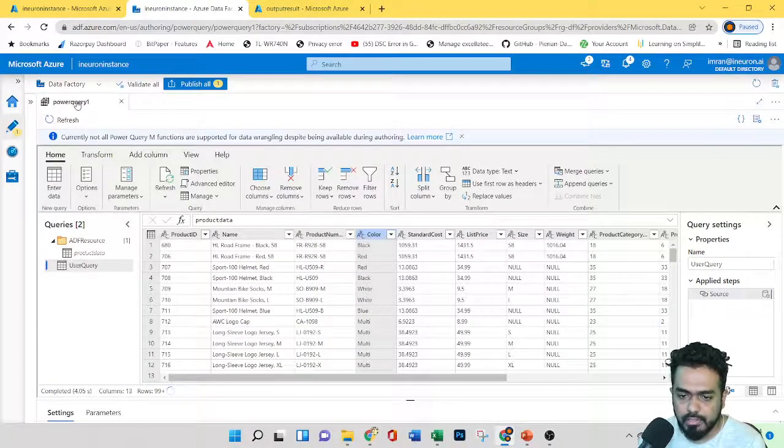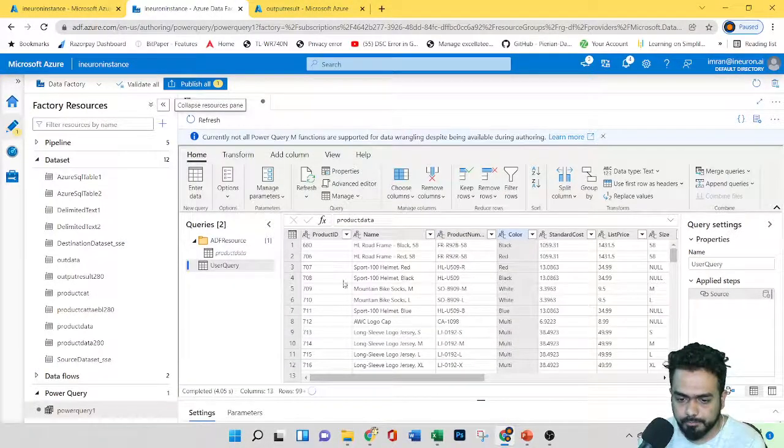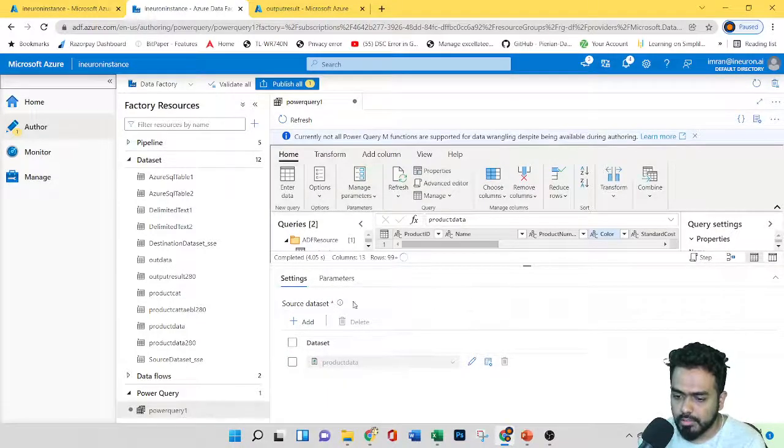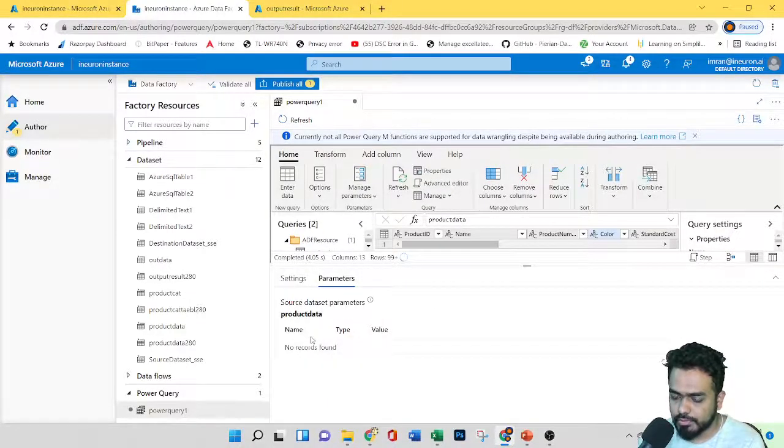Here if I try to expand, under the parameters, this is what all the parameters you have given. You can view this.